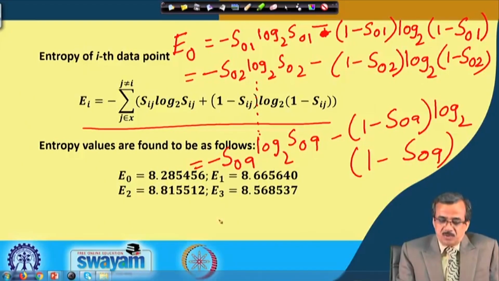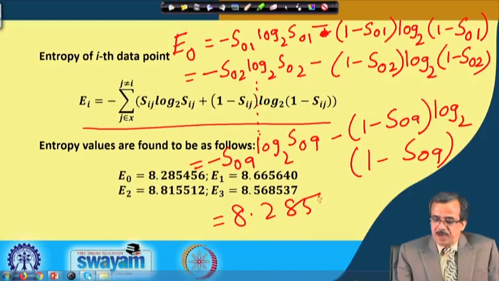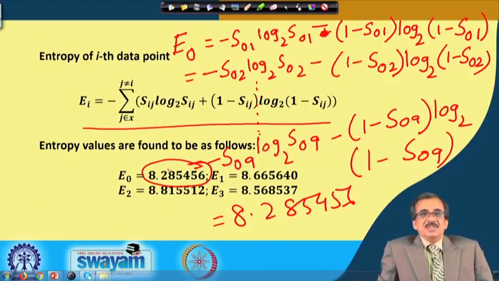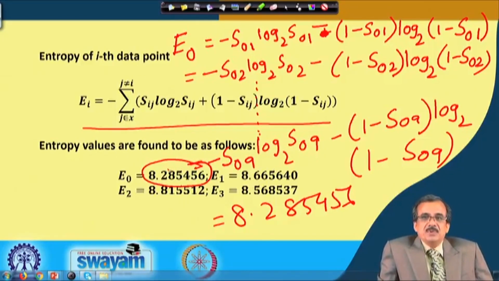And if I just calculate, then I will be getting E naught equal to 8.285456, the way I have written it here. So, this is the way actually you can find out what should be the total entropy of a particular point. And similarly,